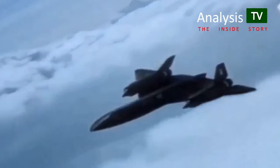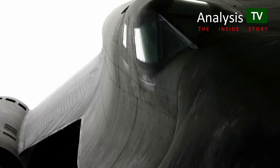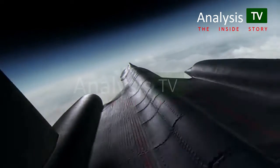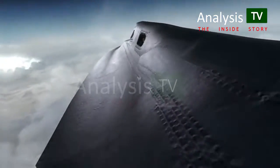And when you see it in the air, it's a piece of artwork. It was part of a family of spy planes built to venture into enemy territory, without being shot down or even detected, in a time before satellites and drones. The black paint job, designed to dissipate heat, earned it the nickname Blackbird, and paired with the sleek lines of the long fuselage, made the plane look unlike anything that had come before, a design that hasn't lost any of